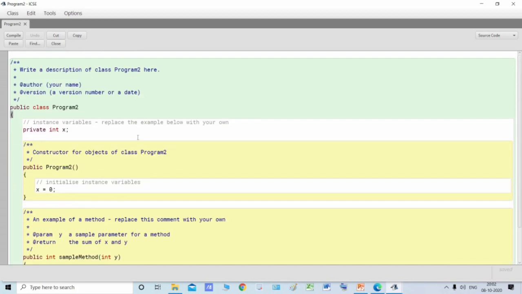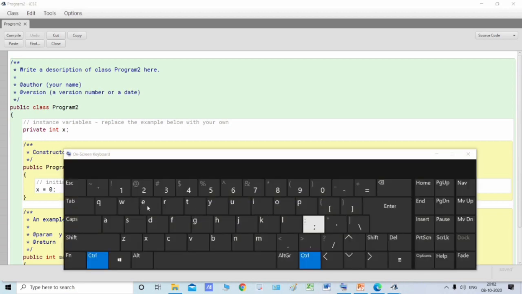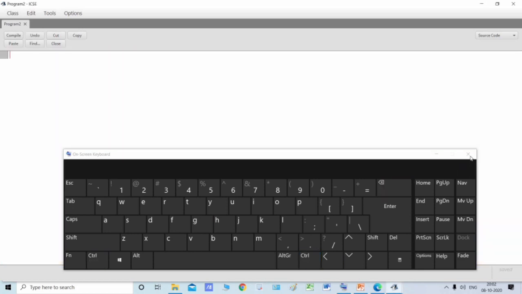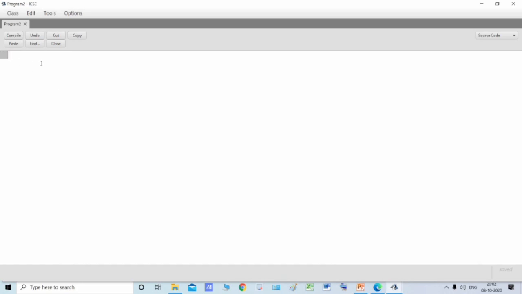Click Control plus A. What we need to click on? Control plus A over here. Everything will be selected, and then click on the backspace key. So everything will be deleted. All the code that was there will be deleted. After deleting all the code, now we need to type our program.